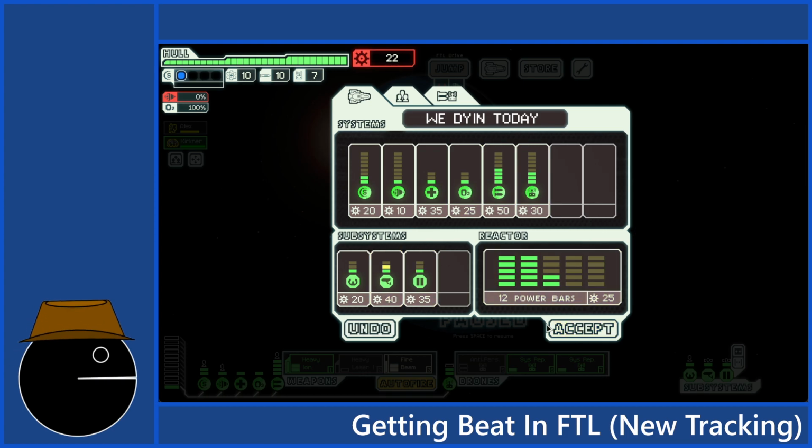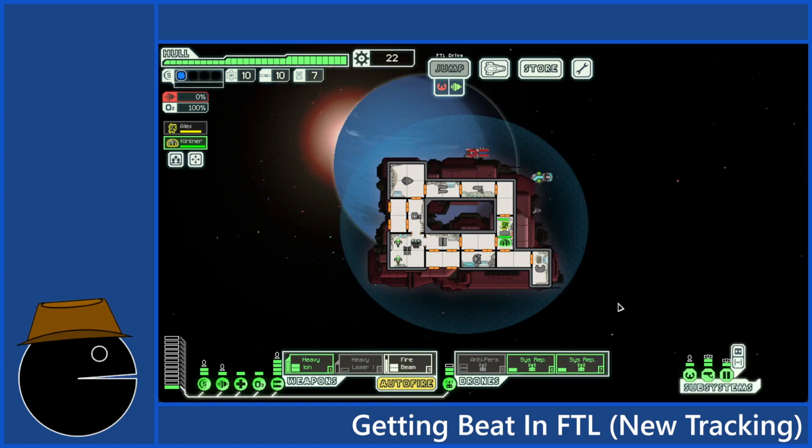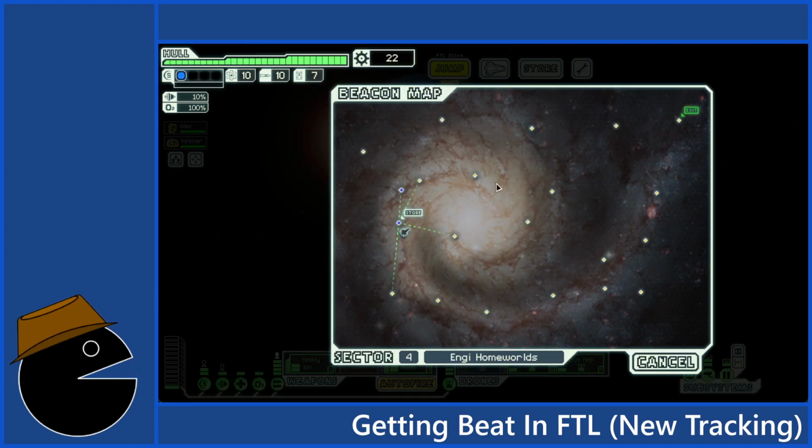Also, I'm going to upgrade my sensors by 1. This should allow me to see into the enemy's ship. Actually, I might not have the power for that to be effective. Let me check. No, it seems like I do. Okay, cool.